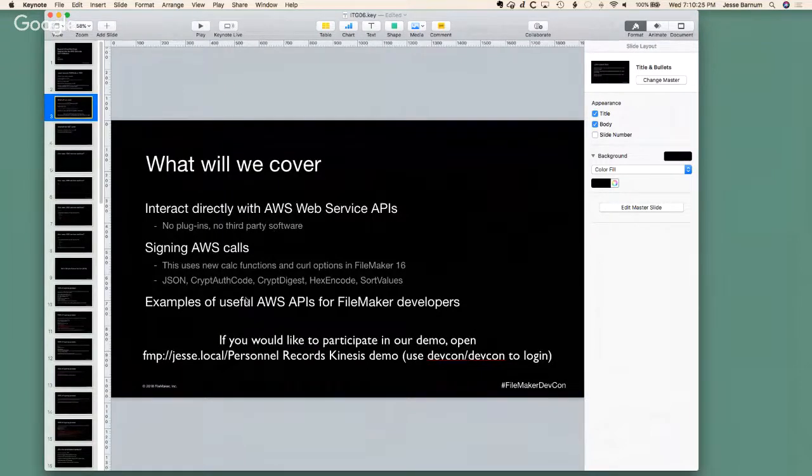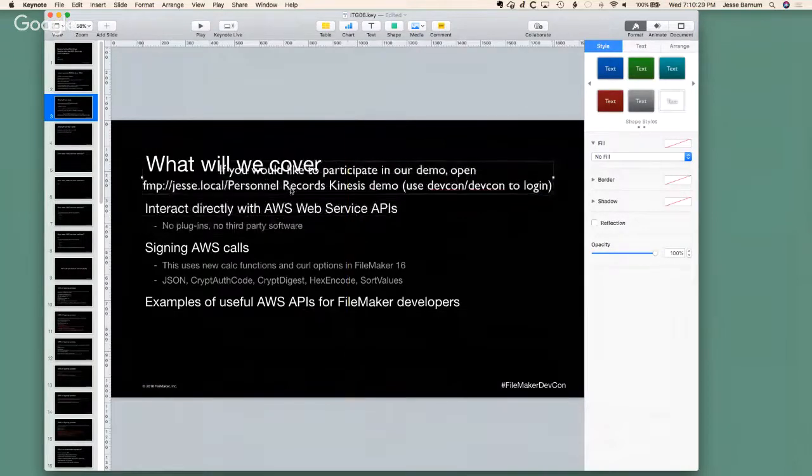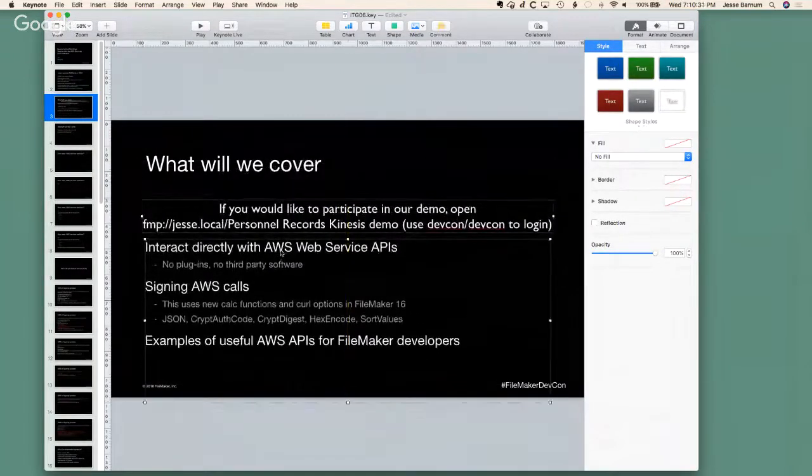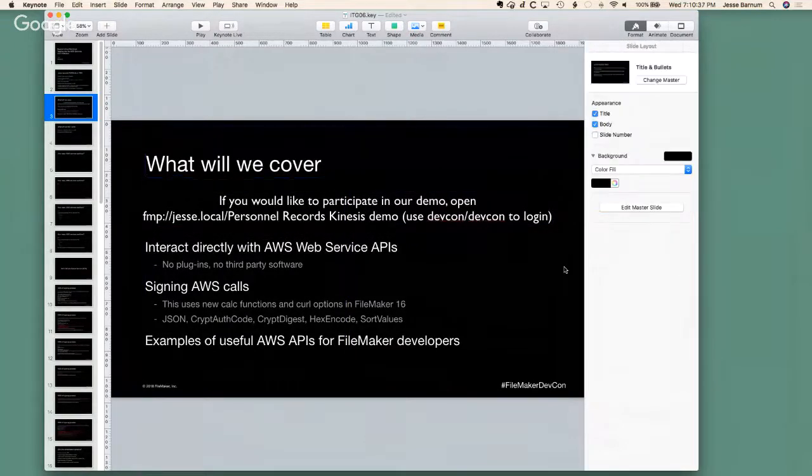First, I'm actually going to move the order of things around here. I just added this before we started. If anybody would like to, I'm going to have a little audience participation thing later, towards the end. It will be hosted on my laptop, which is jesse.local. There's a database on there called Personnel Records Kinesis Demo. If you'd like to log in, if you're on the,